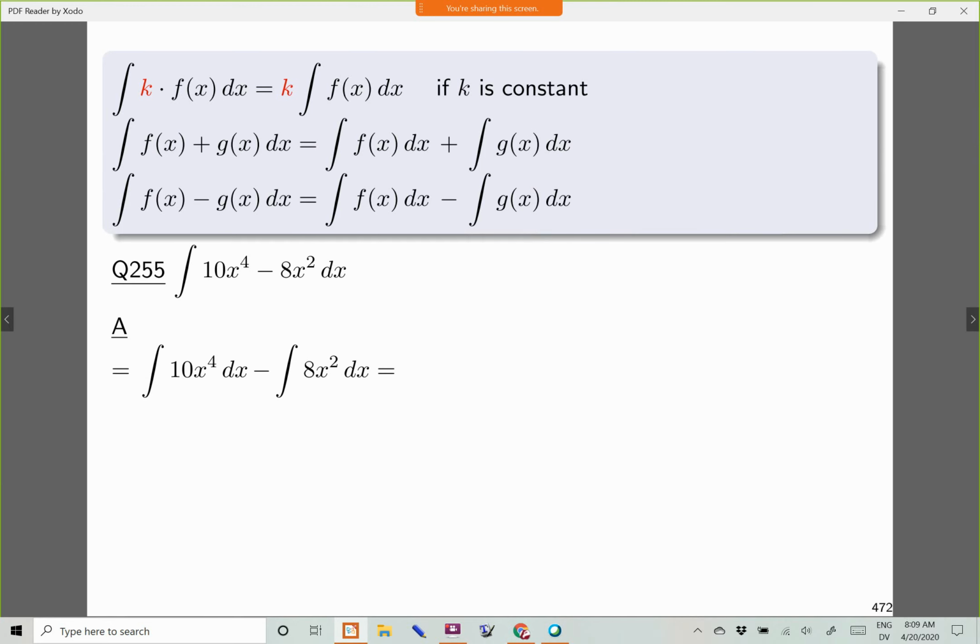We'll just pause and make sure we're okay with that. Point being, what this has done is it's taken us from one much bigger integral problem to 2 smaller integral problems. And now, for each of these problems individually, take a look. We could take this 10 and bring this in front. That's the property that we just saw in practice in the previous question. Same deal, in this integral problem, the second one after the minus sign, we could take this 8 and bring it in front. That's again using this formula we saw. And doing that is going to produce 10 integral x to the 4th dx minus 8 times integral x to the 2nd dx.